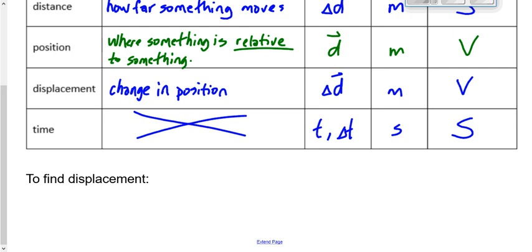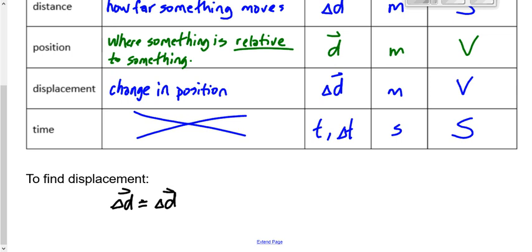This is where I am. This is where I was. What's my displacement? How are we going to define displacement? There's actually two ways to find displacement, and it depends upon what you're given. Displacement, remember, is delta D with the arrow over it. We can find the total displacement